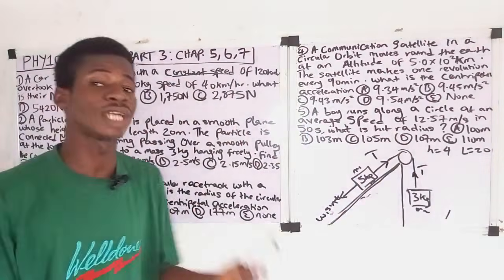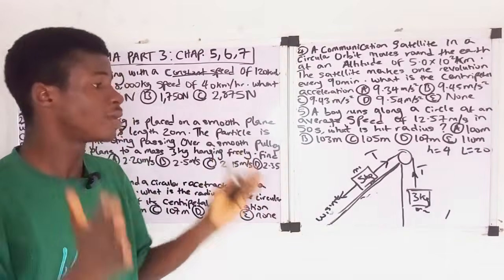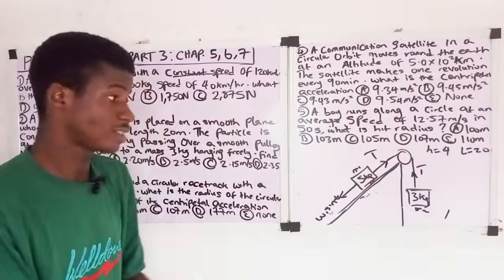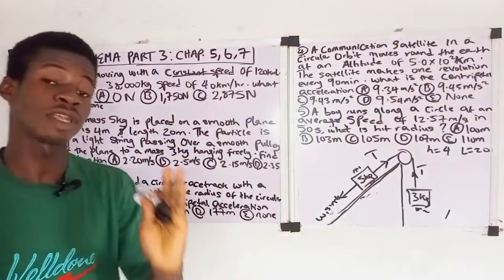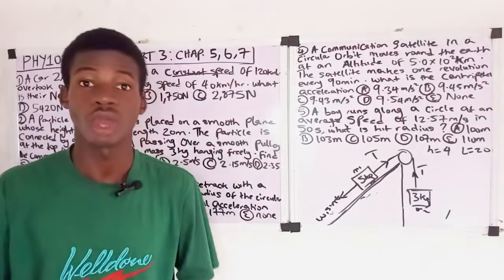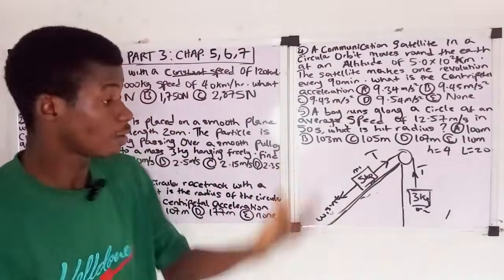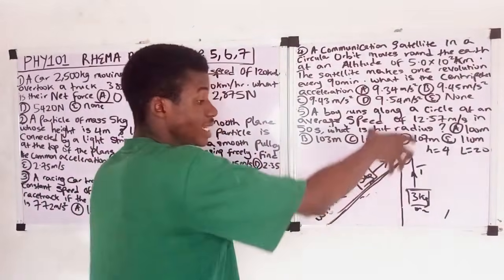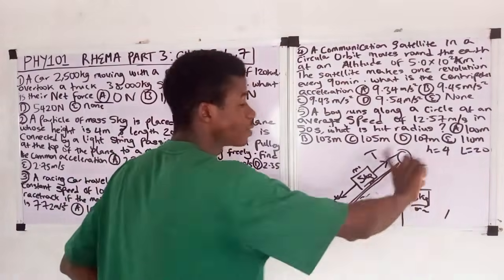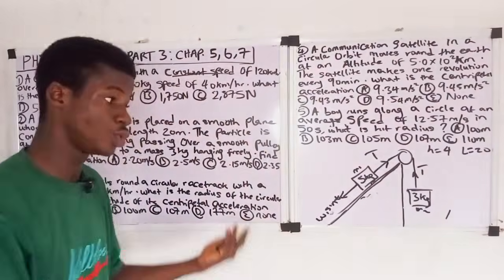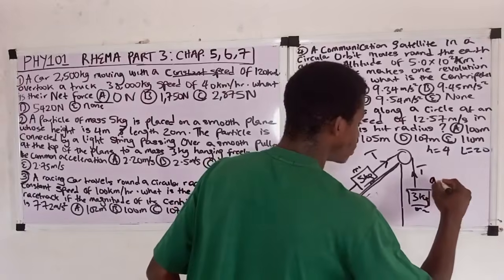Okay, so I want to teach you guys how to derive the formula that we're going to use to solve the question. But for the sake of time, let me just give you the formula directly. Whenever they ask you to calculate the common acceleration of two masses, when one of them is on an inclined plane and the other one is hanging freely, and both of them are connected, the formula you are going to use to calculate that common acceleration is A equals,